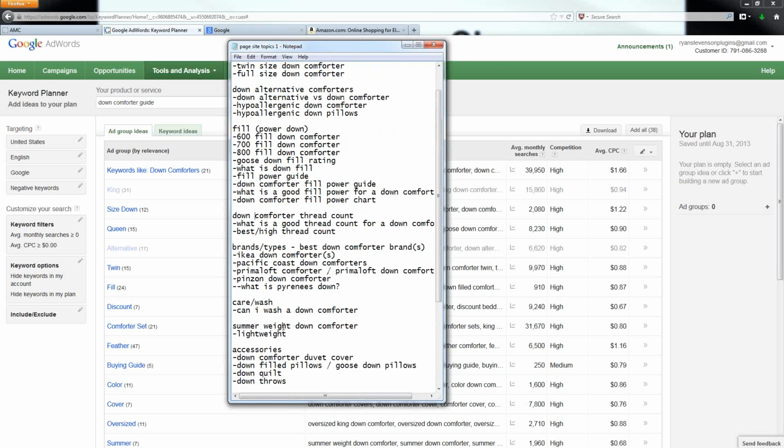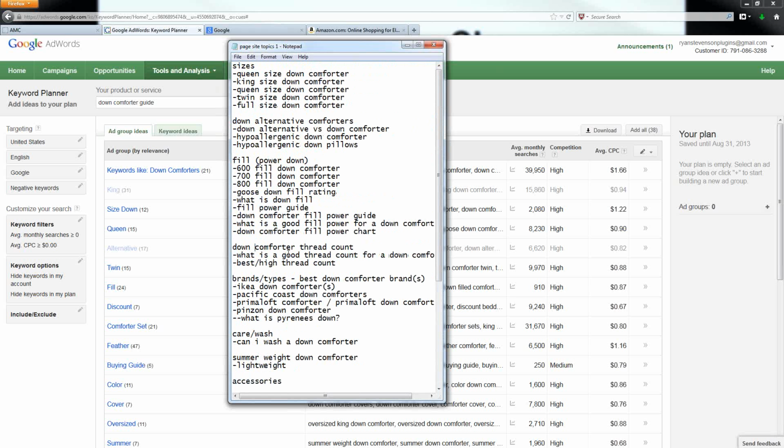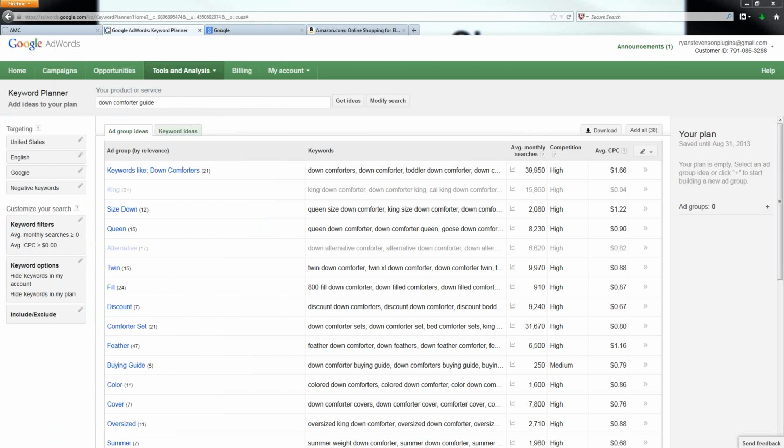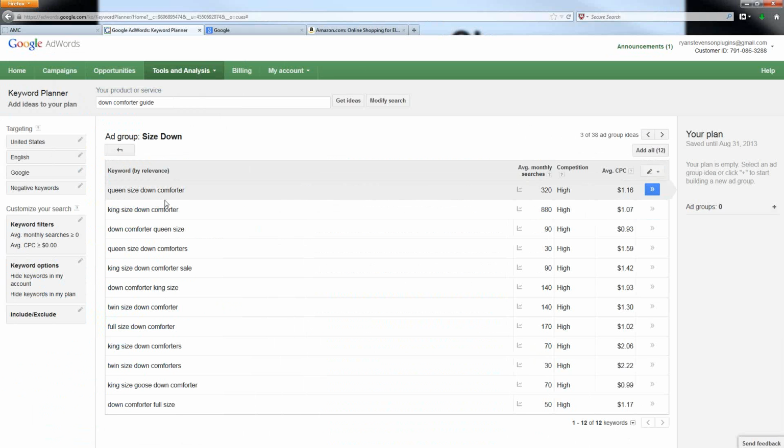So I've simply gone through and made a list of all of these different keyword phrases to begin with. And just so you can see where some of this is coming from, if I go into the size ad group right here, you can see there are a number of different keyword phrases. Some of them are essentially repeating the same thing. I have a queen keyword phrase up here and another queen keyword phrase further down below. This one shows only 30 searches a month, and this one is receiving 320 searches a